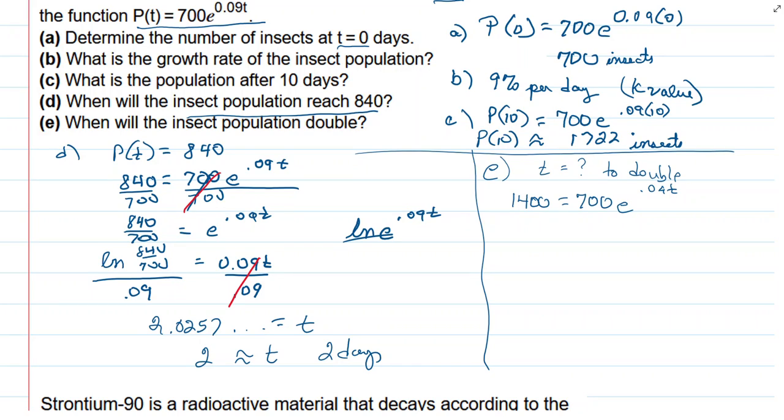Divide by that 700 and get 2. We're going to take the natural log. Everybody comfortable with that? We're going to divide by the